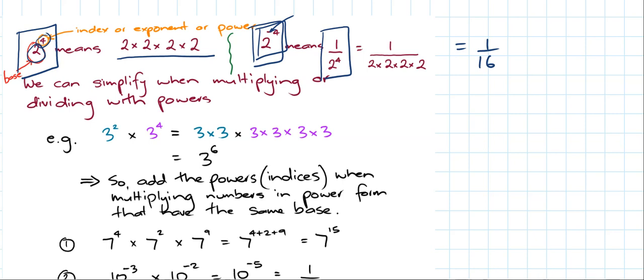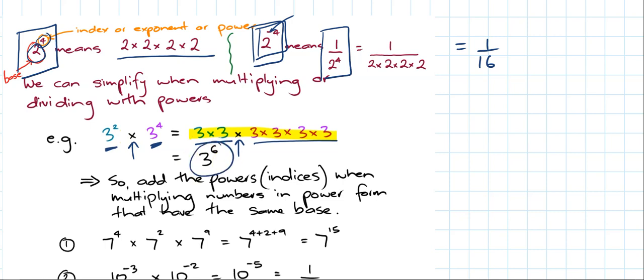When we're multiplying or dividing with powers, there are ways in which we can simplify these expressions. If we've got 3 squared times 3 to the power 4, that can be written as such. 3 squared is 3 times 3, then that multiplication sign is there, and 3 to the power 4 in purple is written here. If you look at the whole expression, you can see that that is 3 to the power of 6. So 3 to the power of 2 times 3 to the power of 4 is equal to 3 to the